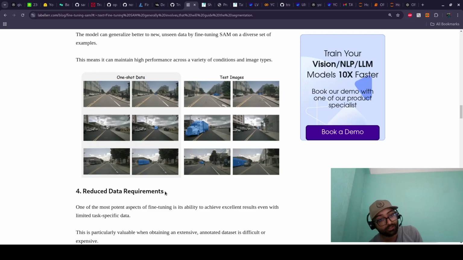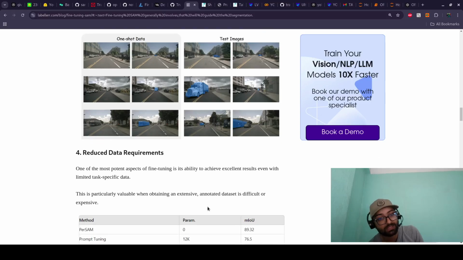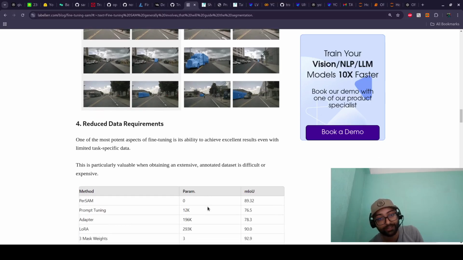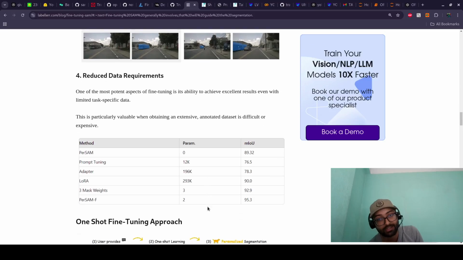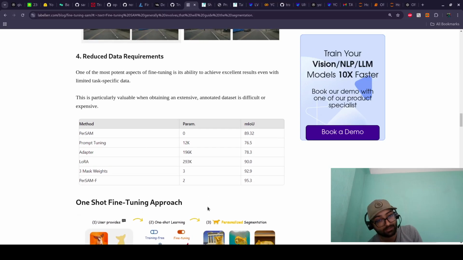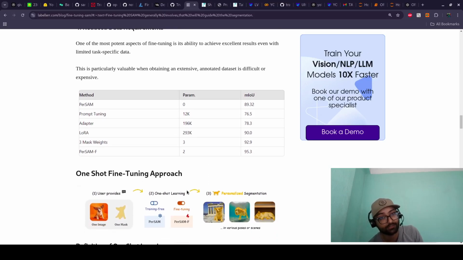Reduced data requirement. One of the most potent features of fine-tuning is the ability to achieve excellent results even with limited task-specific data. This is particularly valuable when obtaining extensive annotated datasets is difficult or expensive. If the dataset is difficult or expensive, we can see that here is